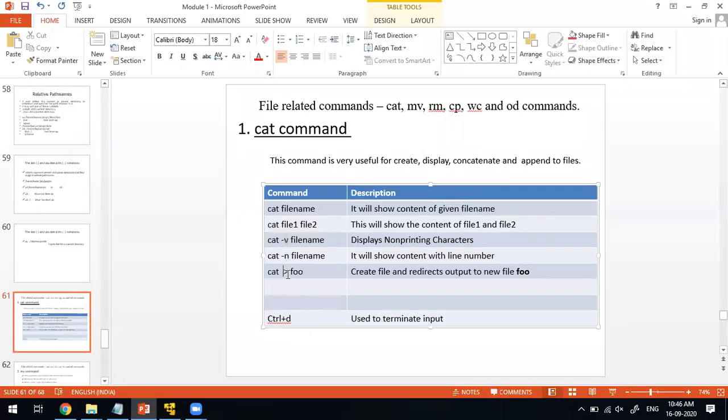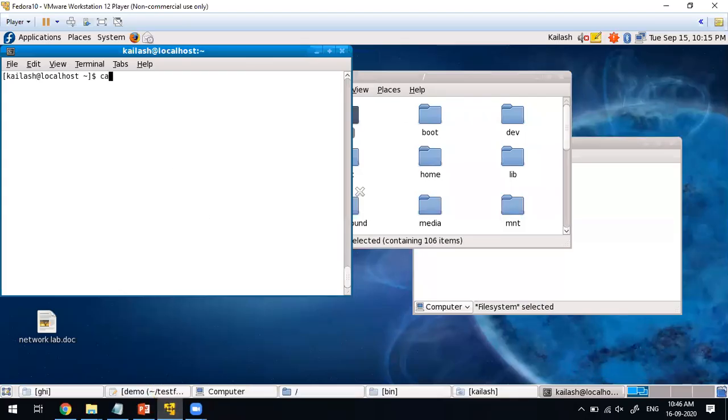In the same way, there is the redirecting operator. Here, cat with the redirection operator and a file name. Assume that this file name, foo, is not there. What this is going to do is cat, redirection operator, some new file. This file is not there in your operating system, in your hard disk.